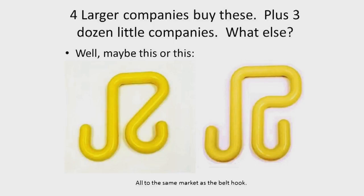And typically, you will find that in a market for any given product, there's 3 or 4 big distributors around the country, and there's like 3 dozen little ones that half of them don't pay their bills. Guess who you sell to? That's right, you sell to the big ones. Not always easy. I'm selling to all the largest manufacturers or distributors in this, and there's 4, well, except for the one that made it himself. But he's going to send him to economic hell, I hope. In any case,